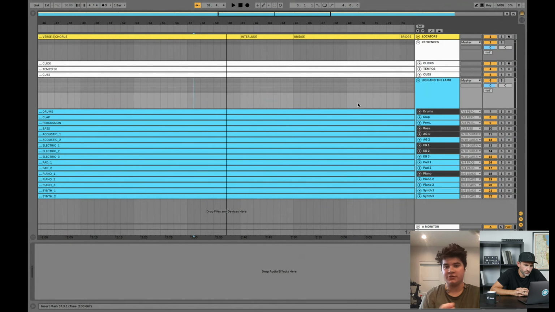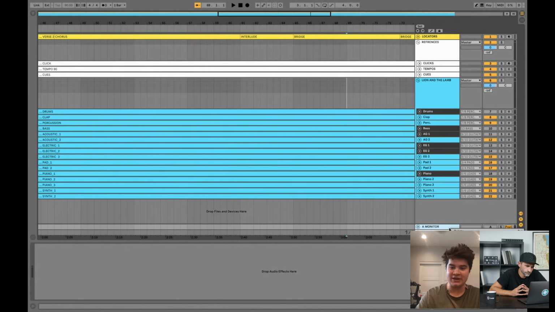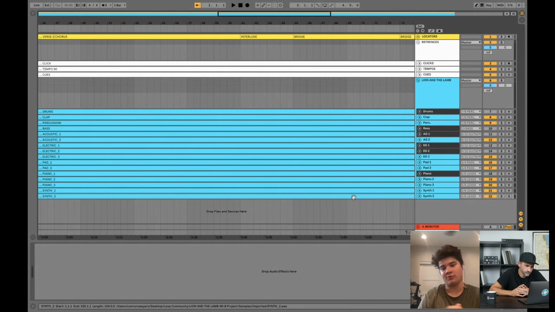That's cool. Love it. The one thing you have to remember is when you're there with your TracksRig, you've got to turn that A Monitor off, because that's running through 1 and 2. And we send our click and guide through 1 and 2. So you don't want all of your stems running through click and guide, obviously. So just remember to turn that off. One thing that I do is I always color this a bright red, just so my attention goes right there and goes, gotta make sure that's turned off.